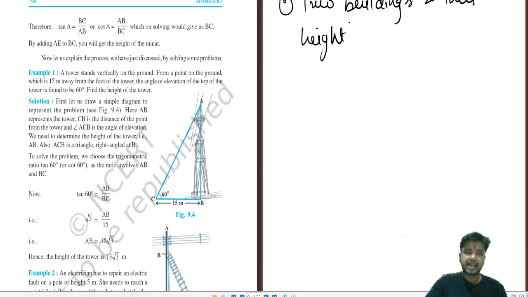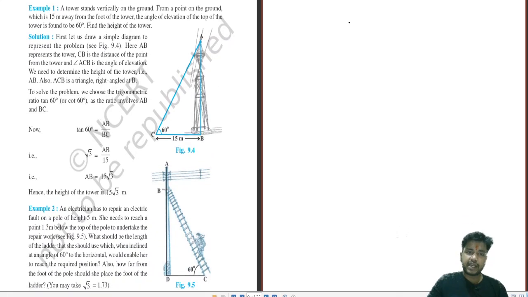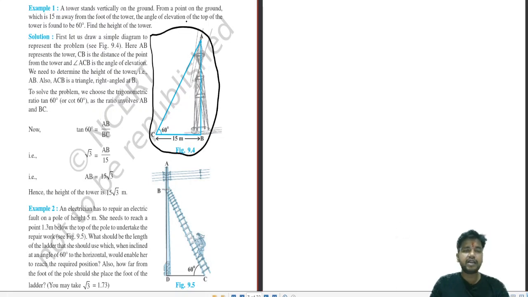The main thing behind solving a sum of height and distance is how you are preparing the diagram. If you are good at preparing the diagram, then you can do anything with the sum. The concept behind the sum goes very smoothly. But if you are not good at drawing the diagram perfectly, you will end up making mistakes. Now, if you are very good and sincere, please don't look at this diagram. Obviously, everybody would have looked at it, but understand the concept as a sum is given.